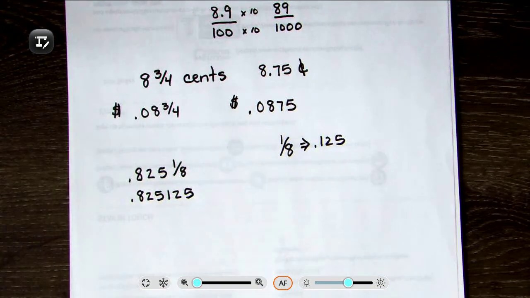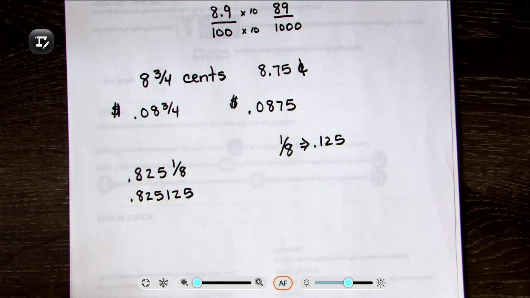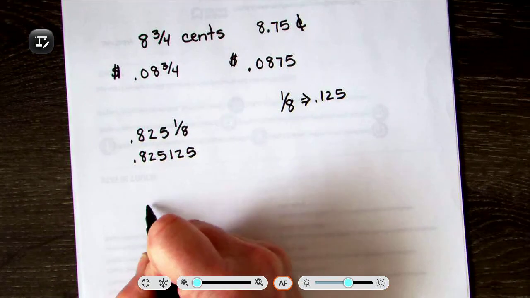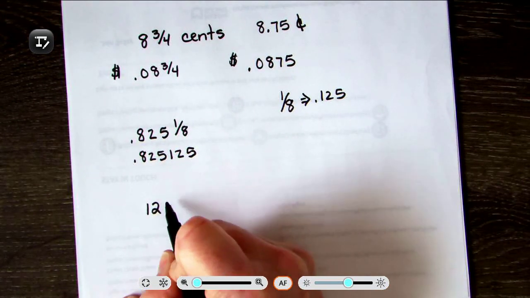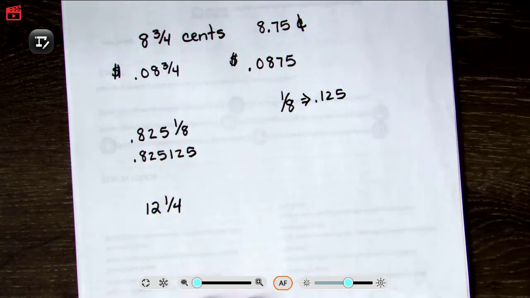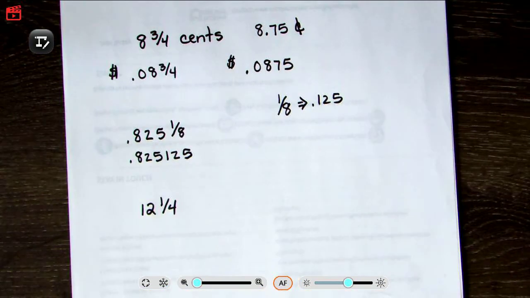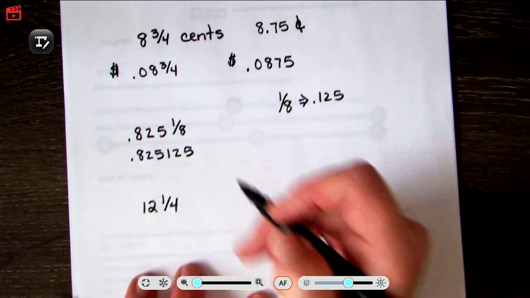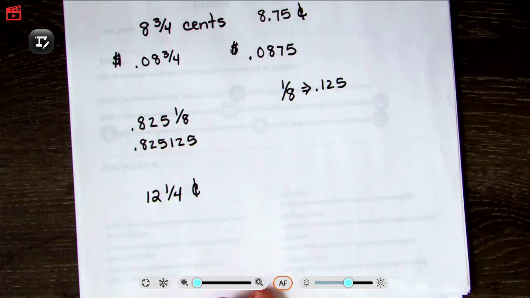I do really like this 8 3/4 cents increase or 8 3/4 cents decrease, which we see when we're talking about the stock market or the corn and soybean markets and things of that. They always talk about how things raise and fall. And they do like to use fractional parts of cents. I'm not exactly sure why they do that, but they do. So if we have something that's going to fall 12 and a quarter points, or 12 and a quarter cents. So if I put my cent sign there, this would be